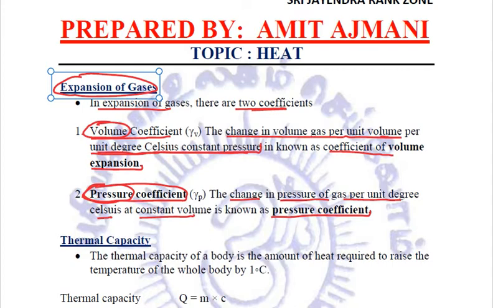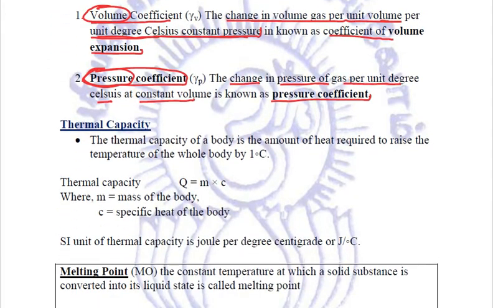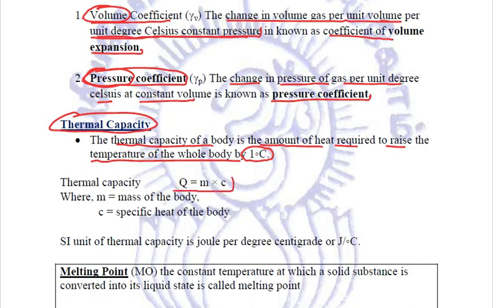Now after the expansions of solids, liquids and gases, let's come to the next topic, that is thermal capacity. Quite important. What is thermal capacity? The thermal capacity of a body is the amount of heat required to raise the temperature of the whole body by 1 degree Celsius. I repeat, thermal capacity is the amount of heat energy required to raise the temperature of the whole body by 1 degree Celsius, and this is calculated by the formula Q is equal to